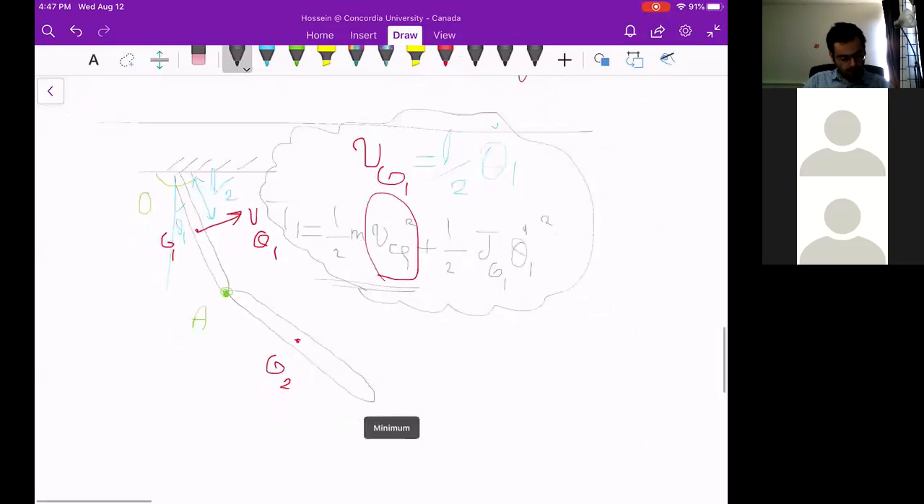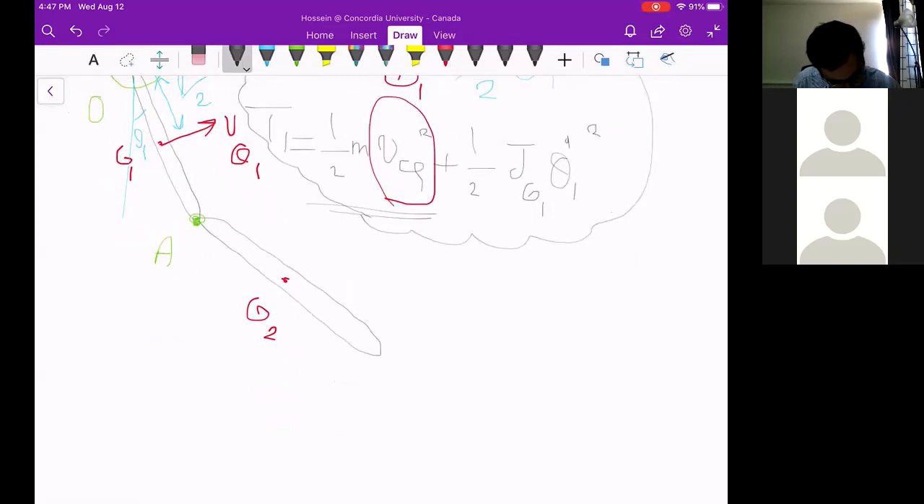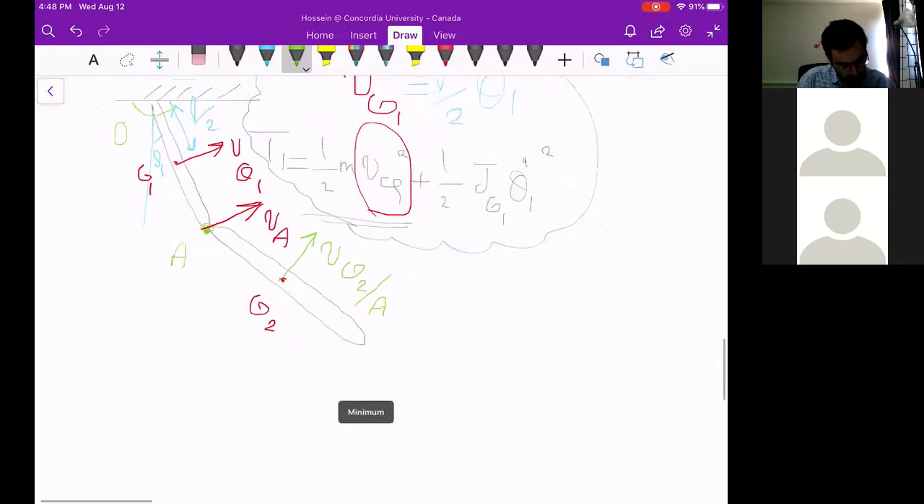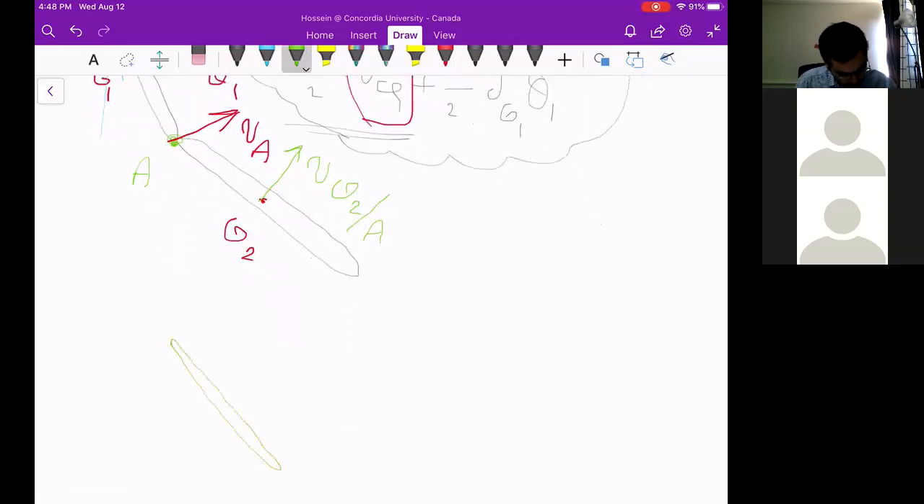However, for the second bar, there is this velocity, VG2 with respect to A, and at point A there is a velocity associated with the rotation of the first bar, VA. Therefore, if I separate the second bar, VA can be transferred to any point. All points of the second bar are subjected to VA because it's attached at point A to the first bar. Therefore, at G2, there is